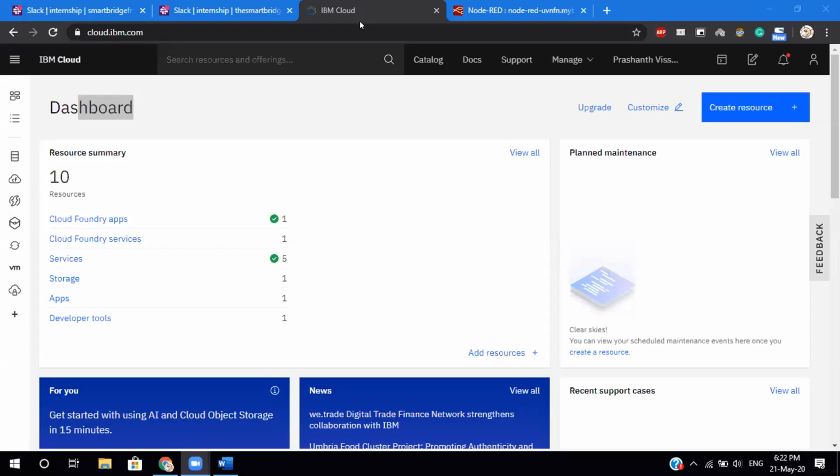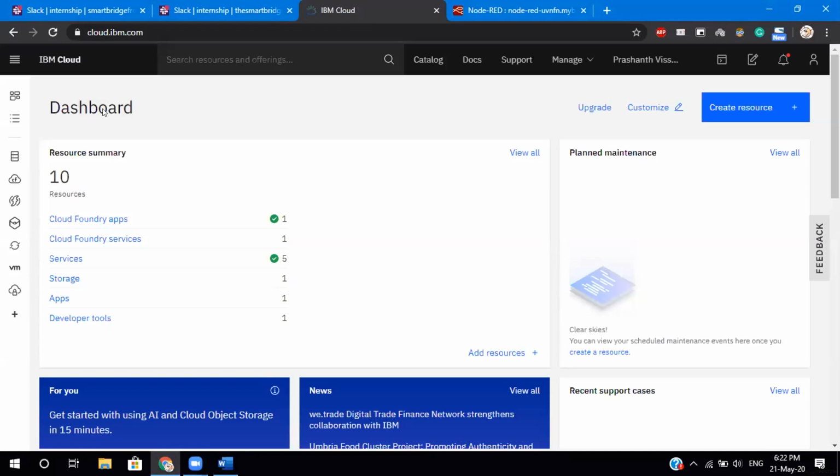You have this dashboard. You can see this. Can you see me actually? Did I start sharing the screen or not? I did not. I'm sorry. Now you can see it, right?